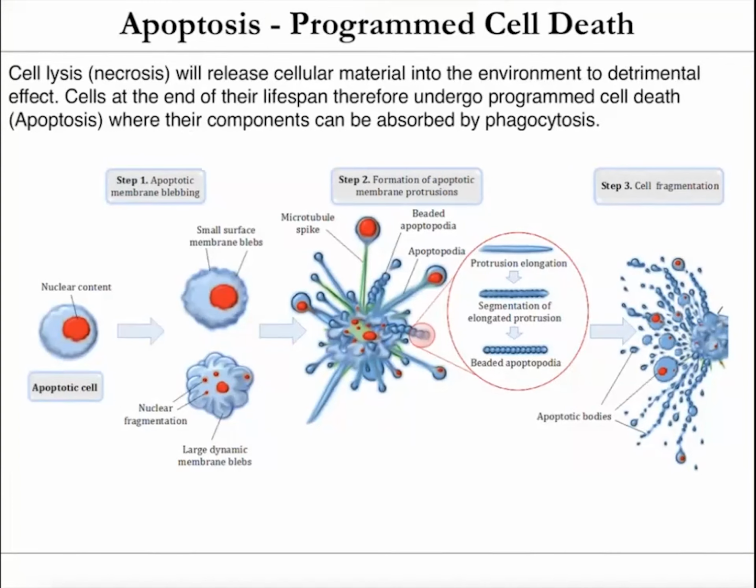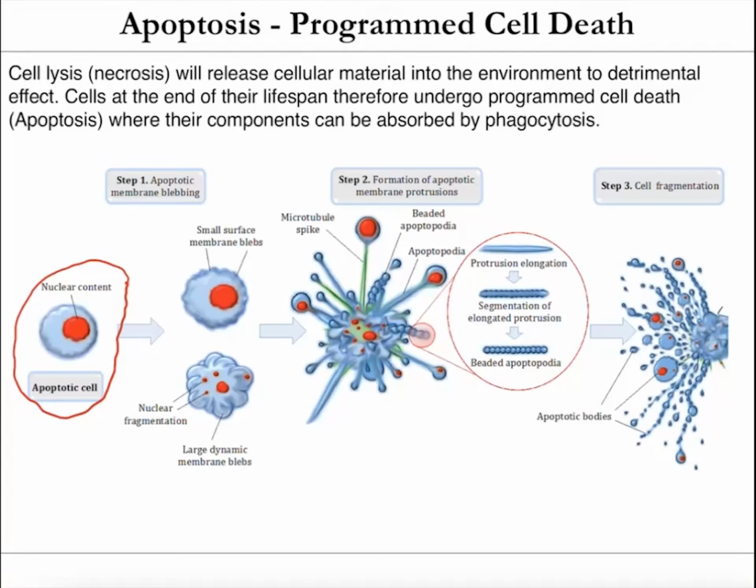In certain organs, they all have a certain period of cell turnover. Like your gut, those cells are only going to be alive for a week or two or something like that, and then they're going to undergo apoptosis. Now, why apoptosis is preferable to necrosis is because it's a cell death where the contents of the cells do not just spill out into the surrounding area. It's a step-by-step process where you have a cell that's programmed or has some extracellular message that says you need to die, basically.